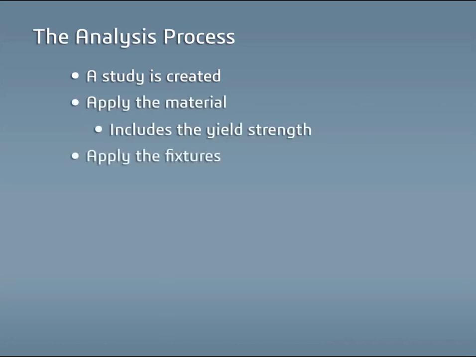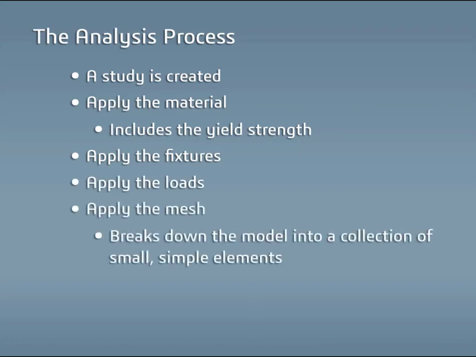A material is applied to the model, which contains the physical information such as the yield strength of the model. Fixtures are applied to the model, which represent the way the physical product is held. Loads are applied to the model to represent the forces that cause a part to deform. A mesh breaks down the model into a collection of small, simple elements. This allows the solver to find values, such as the stress and displacement at each point where the elements join